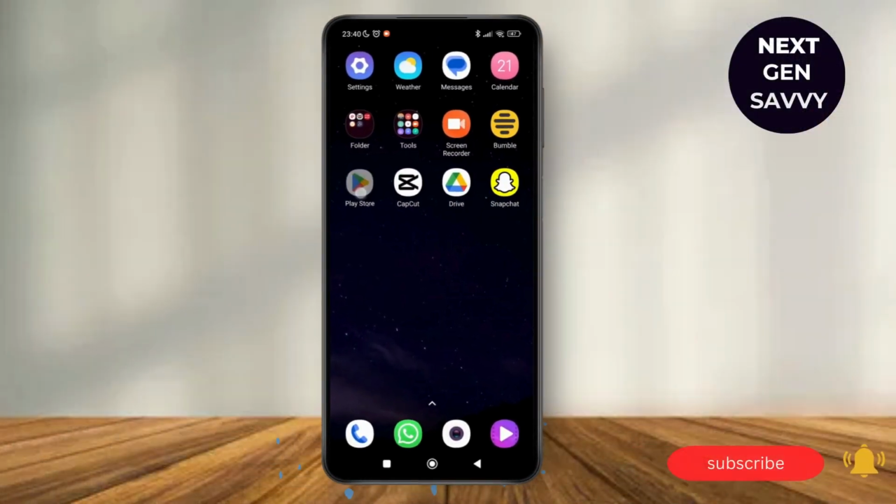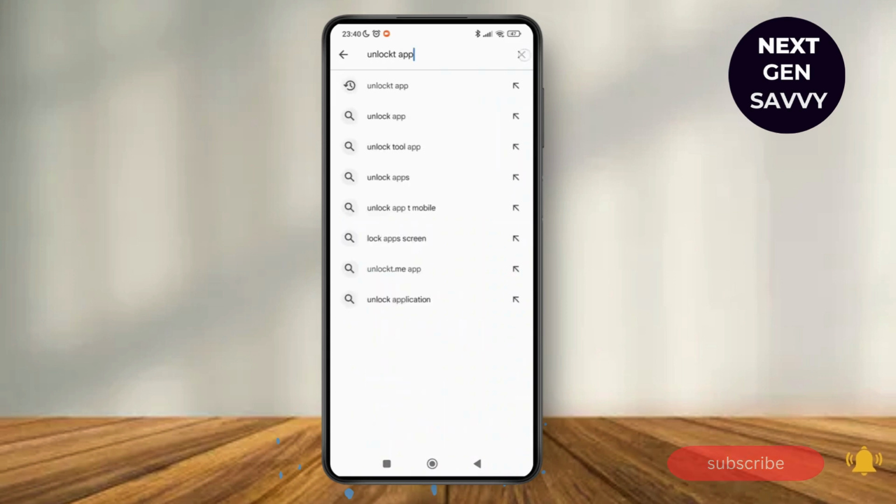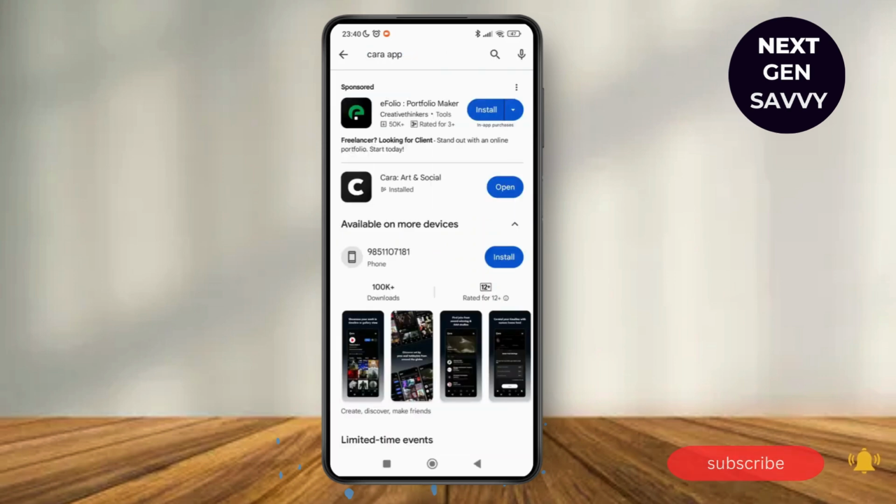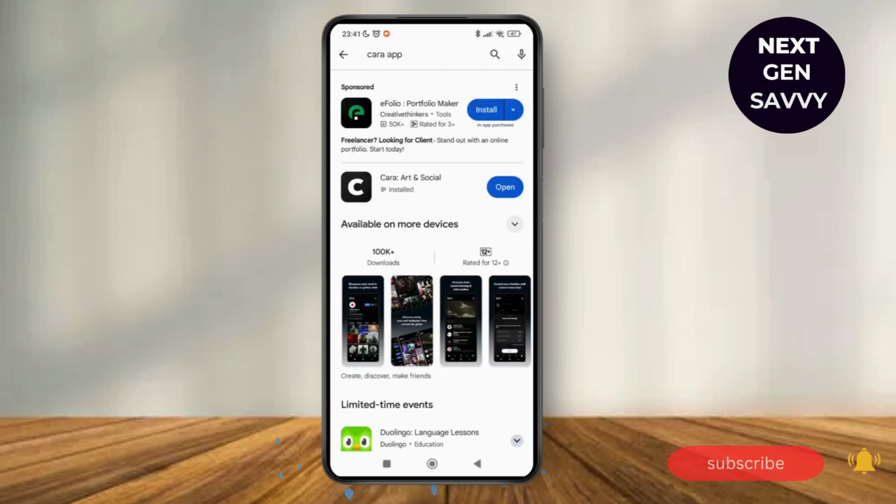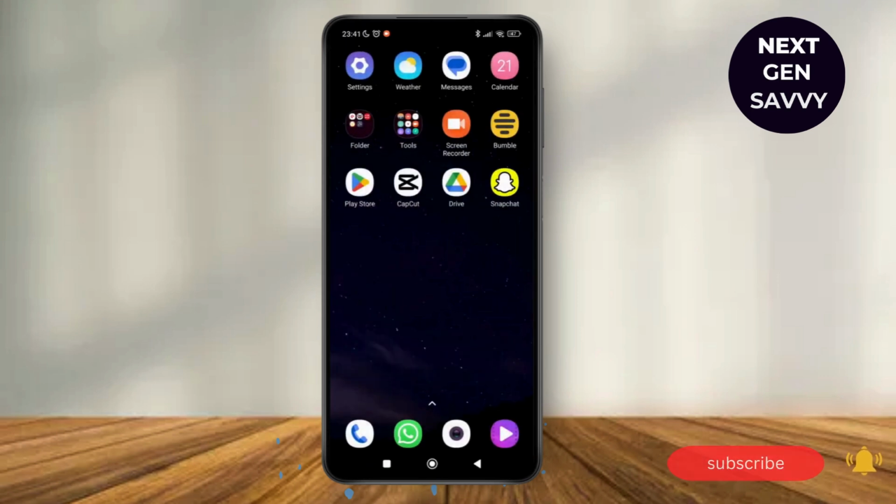Now first of all, go to the Play Store application and make sure that your CARA application is updated to its latest version on your device. So as you can see, the app is updated to its latest version on my device. So I'm just going to go back and then tap on settings